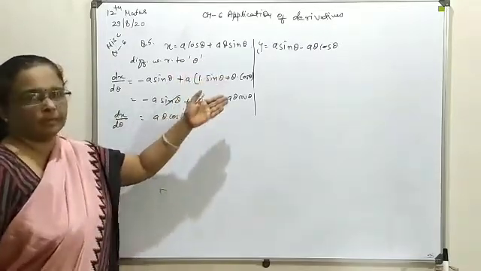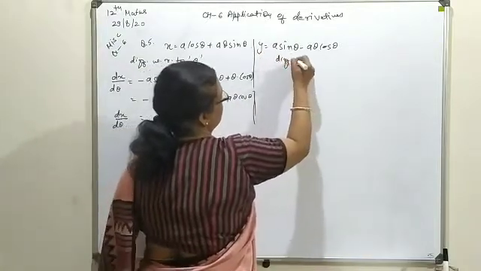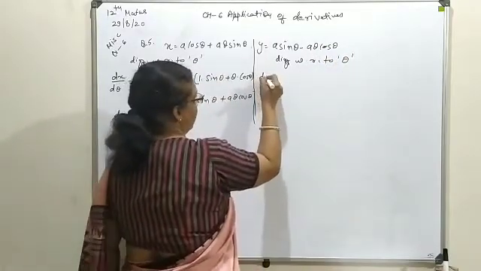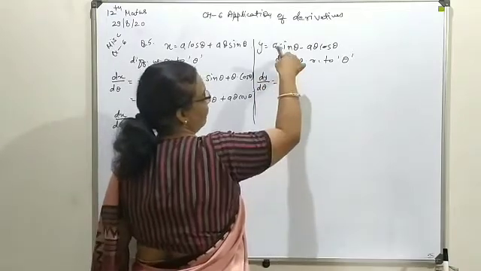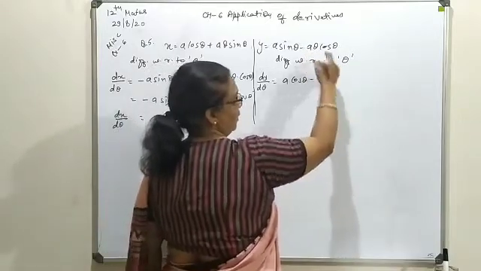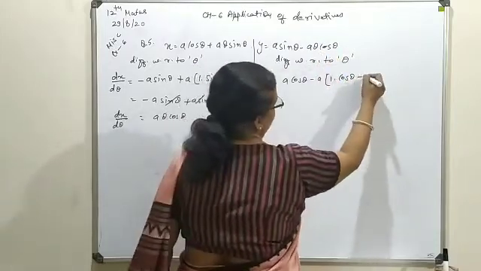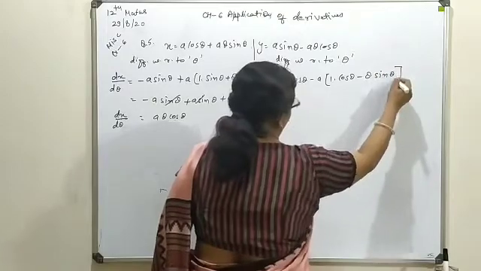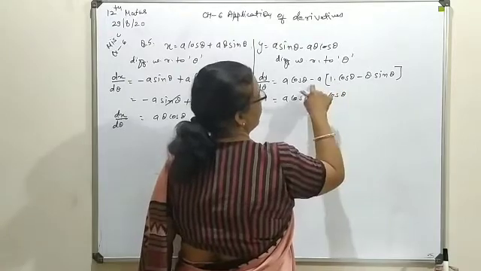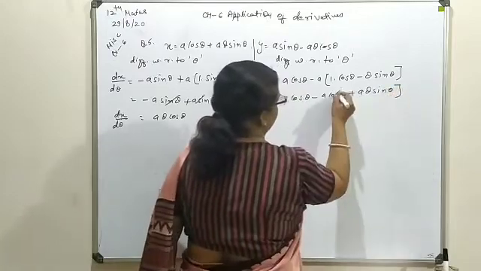Same way you will proceed with the y variable. So this is to be differentiated with respect to theta. You will have the expression as dy by d theta. Differentiation of sine is cos, minus a keeping outside. Differentiation of theta is 1, so 1 times cos of theta. Differentiation of cos we know is minus, so this theta into minus sine of theta. Now separate them out, multiply by a: minus minus plus a theta sine of theta. These two will cancel.